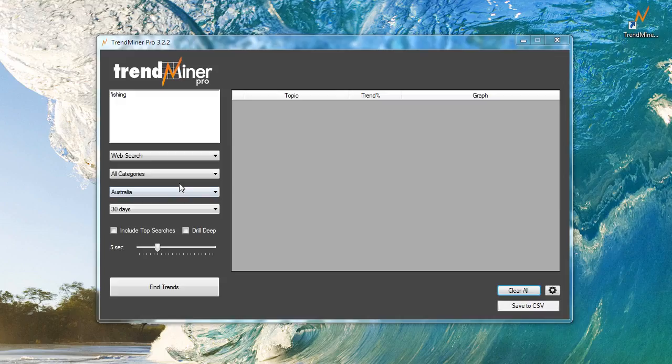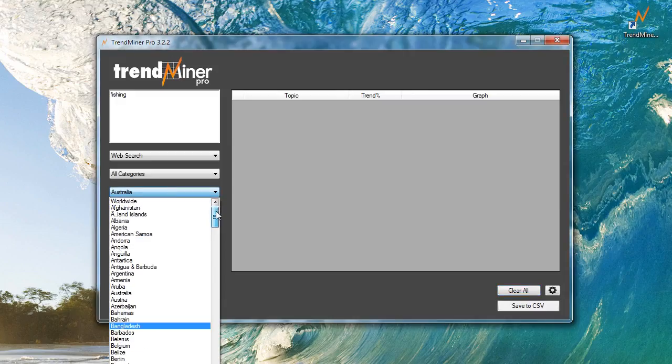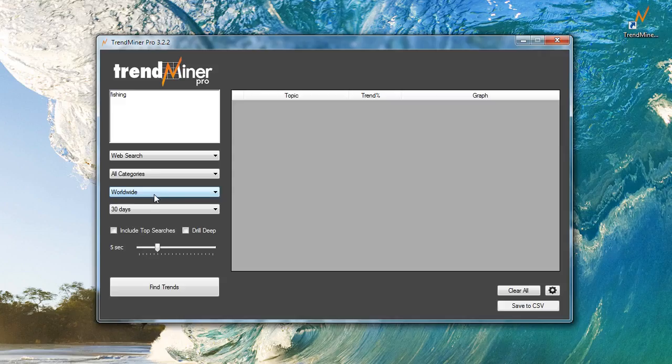Okay, in this video, let's talk about this geo restriction here, the ability to select different countries. First of all, why you would want to use it and when you should definitely use it. And then we'll also talk about some opportunities that can come up because of this feature right here in TrendMiner